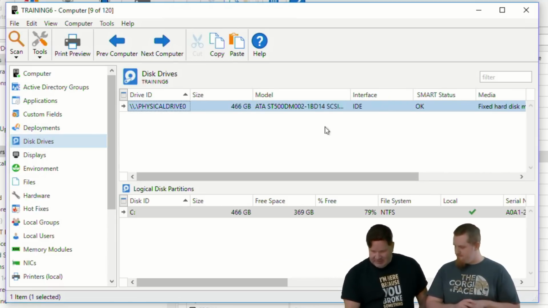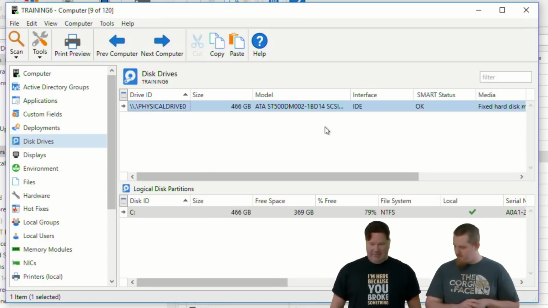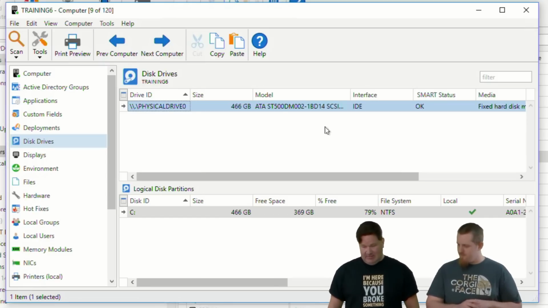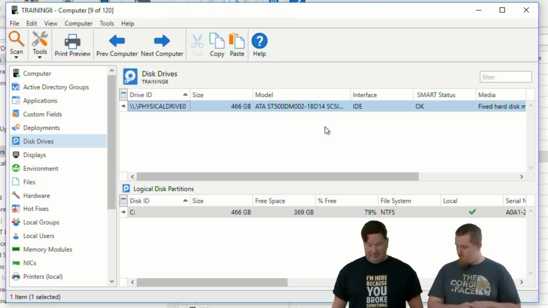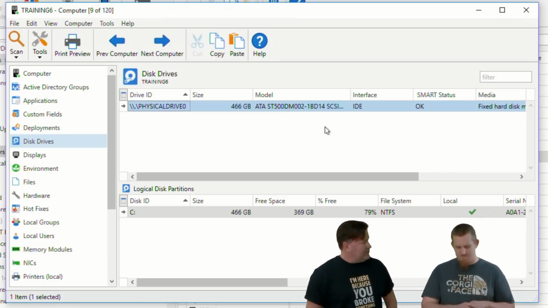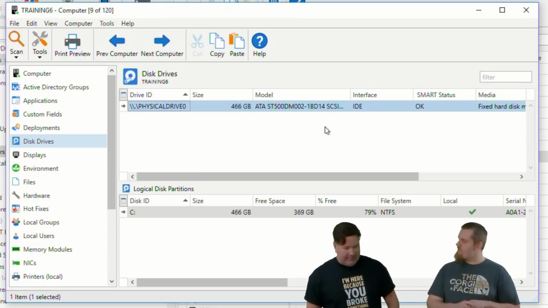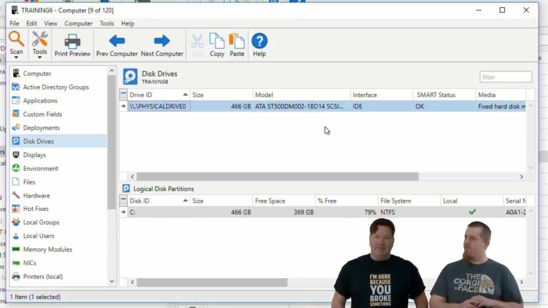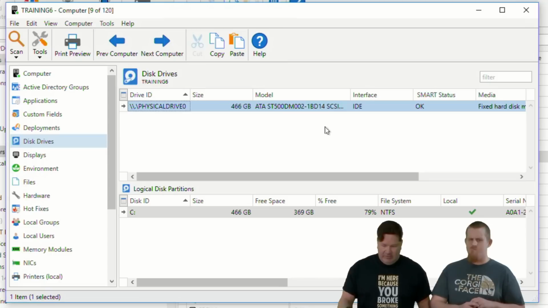I do not. So obviously this disk is an AT ST500. My guess is a Seagate IDE. So that would probably just be a spindle disk. Yeah. Most of the Seagates will be SSD in the serial number. So I don't know of any really good ones. I mean, it depends. If you uniformly do your machines and you can tell from the serial numbers, you can obviously do queries on that in inventory.